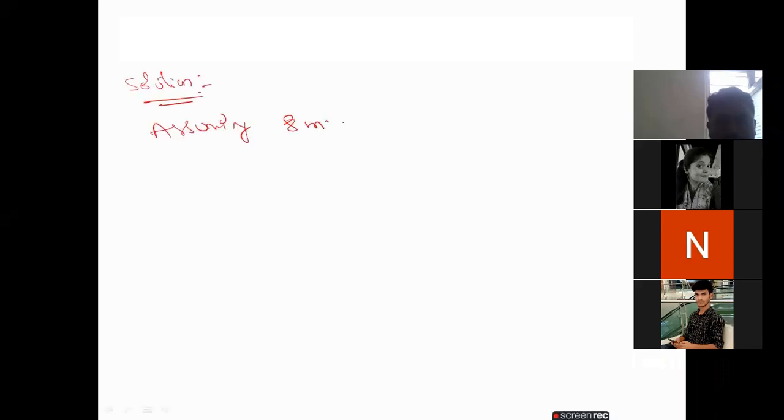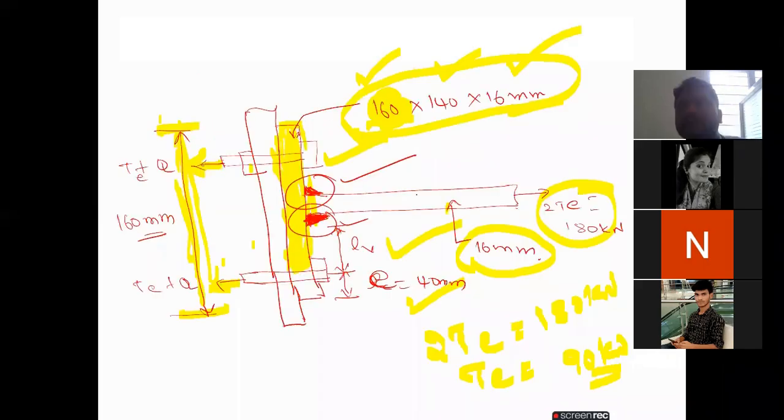First, we have to assume an 8 mm weld and the edge distance is 40. Why? Because if you observe in this diagram, there will be a weld here when you are connecting a tensile, the T-type section. There will be a weld for this end plate. But we don't know the thickness of the weld. That's why we are assuming the welding thickness is 8 mm. So now what is this LV? LV we have to calculate. If you observe